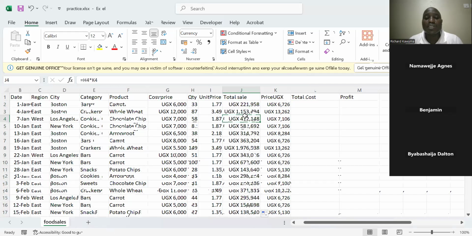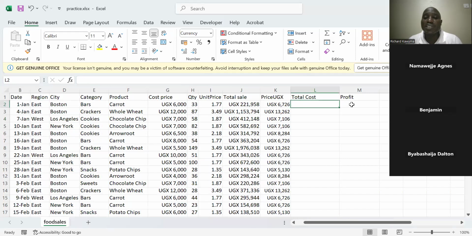So the column for total sale is now filled. I also need the total cost in order to get a profit. So to calculate the total cost,